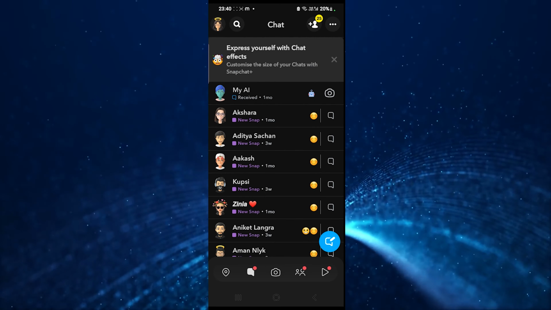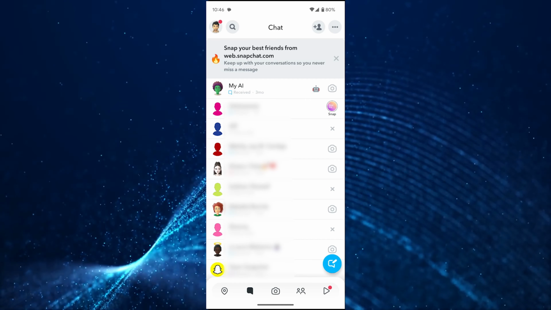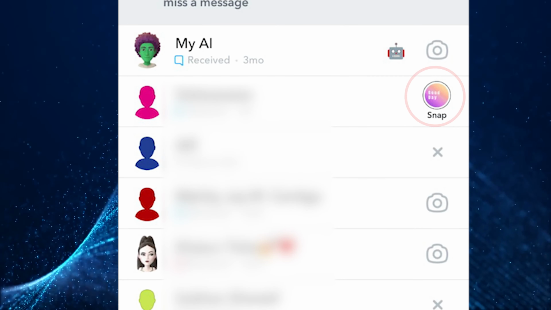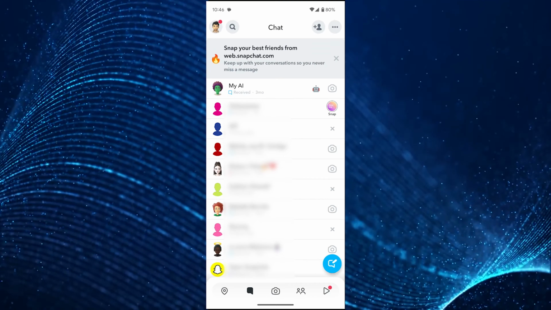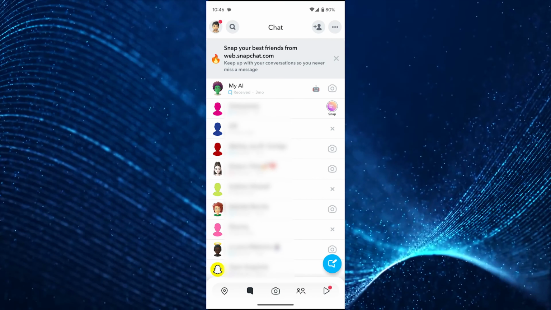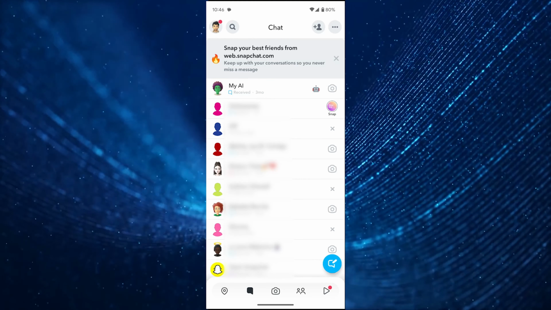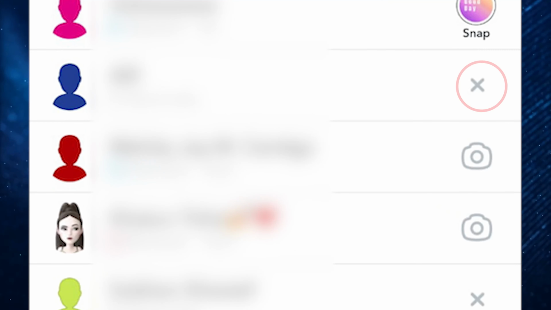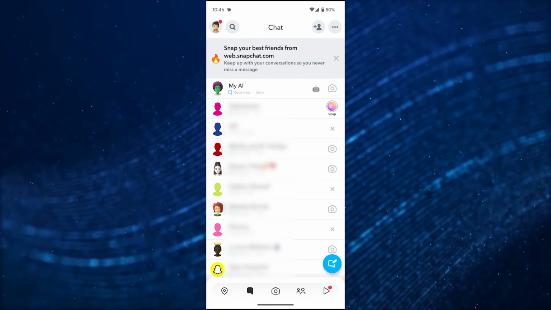to the side of your specific Snapchat application like this. So once you get out of a story, you'll basically see it on the side right here. And what you can do is just hold down on that notification and you can remove that specific chat. And that should end up clearing it out. You can also click on the X button next to it and you should be able to clear out that specific My AI portion.